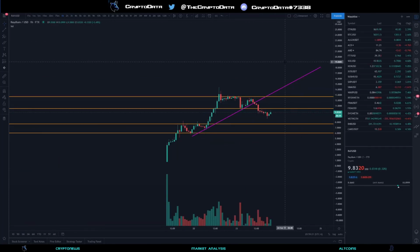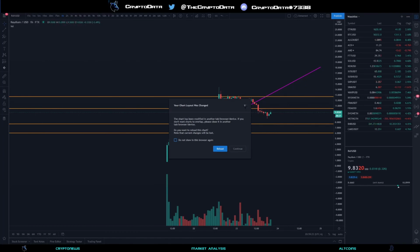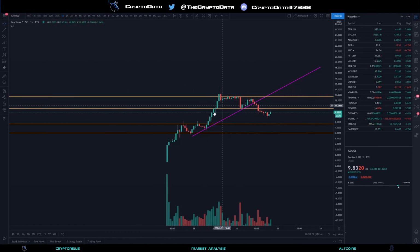Finally, looking at Ray. Again, not too much on Raydium because it just came out the other day, but I drew this trend line here and then drew some support and resistance levels. So right now the big resistance is going to be this $10.50 level. If it can break that, then we're looking more at 12.70, and then from there pretty much following this trend line to about